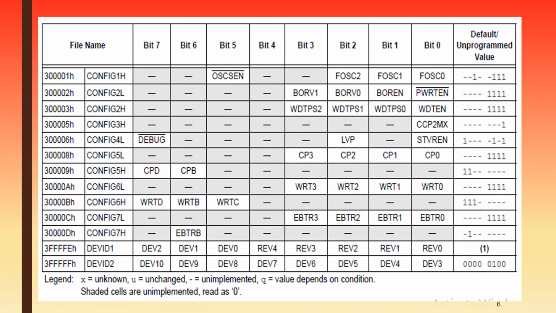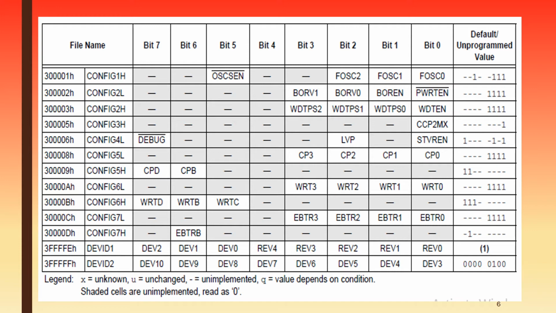Now, this is a kind of chart or summary of configuration bits. These bits are not accessible to the user through code because they belong to the configuration memory space, not the user program memory space. So they can only be accessed using table reads and table writes, as I mentioned. The PIC18FXX series has approximately 14 configuration registers,